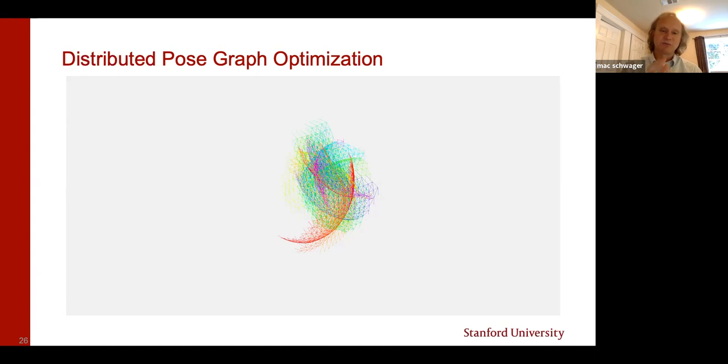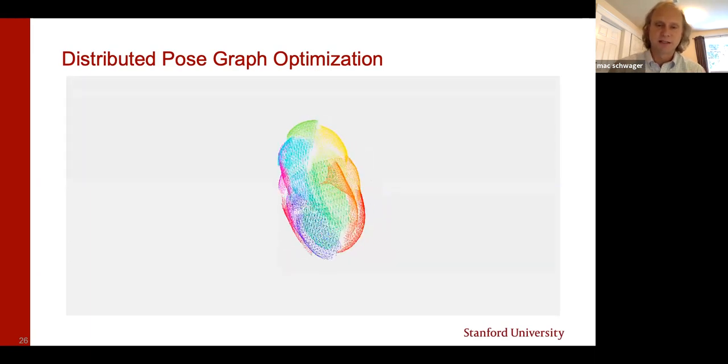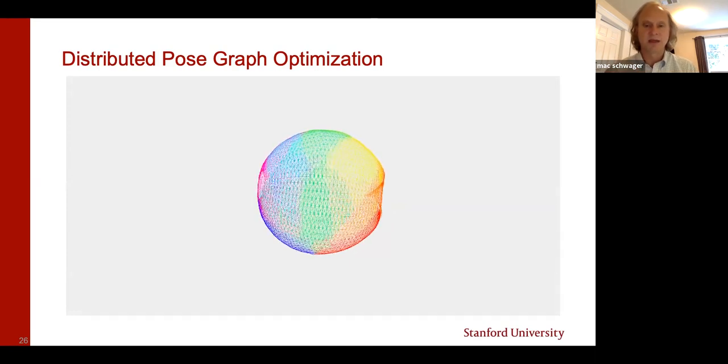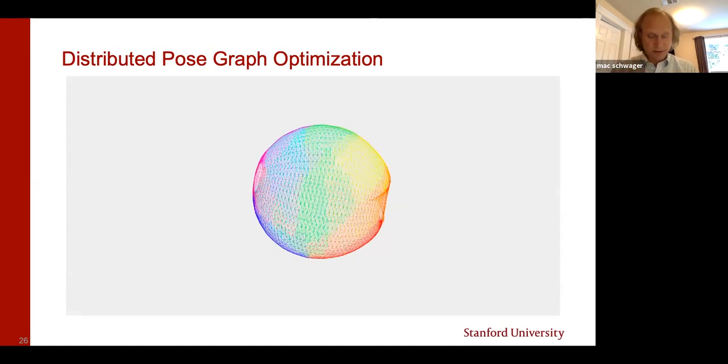Every robot has its own partition of the pose graph, its own set of poses, and it wants to optimize that set cooperatively with the other robots that are also trying to optimize their sets of poses, but they want to ultimately find a globally consistent map and set of poses for all the robots. And so we can distribute this with this ADMM style optimization algorithm,